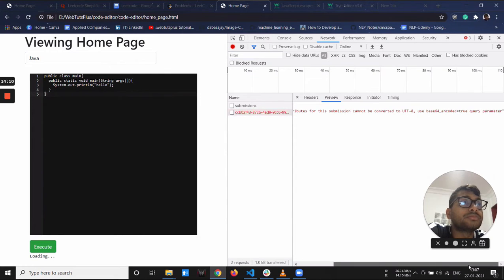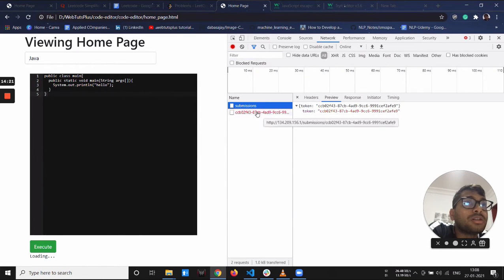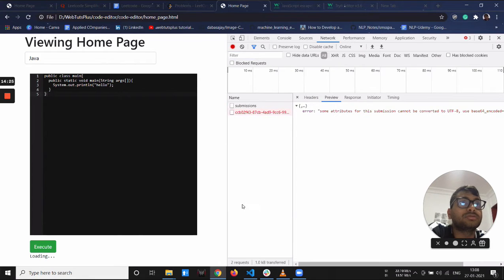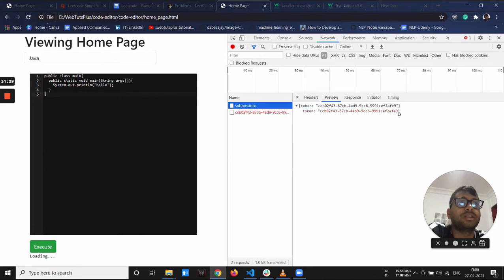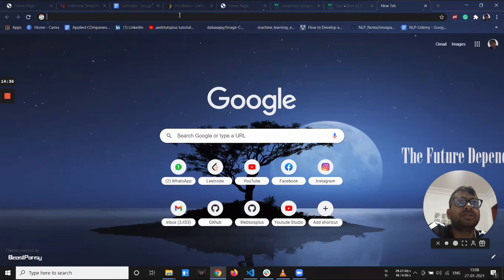Some attributes for the submission cannot be converted to UTF-8, use base64 encoded through square bracket. Okay, just returning the token. So now let's hit the token. Let's hit the URL that you get by this token. Which method did you get the error?